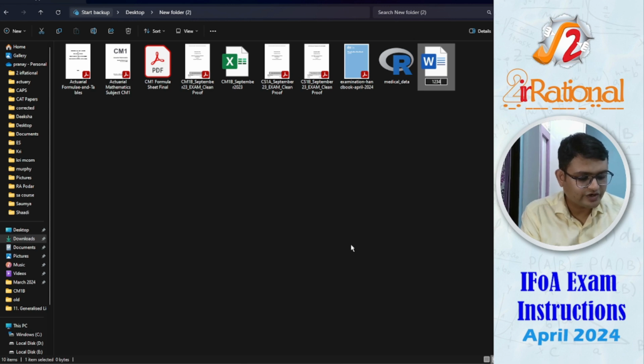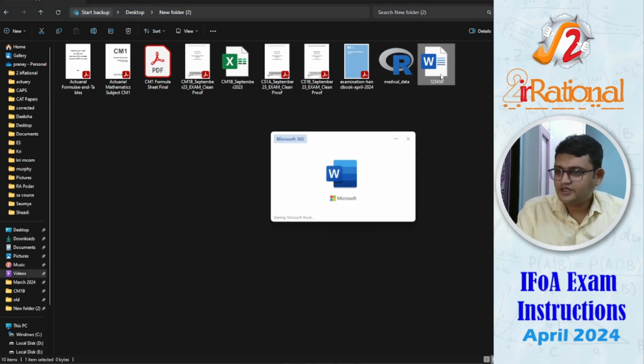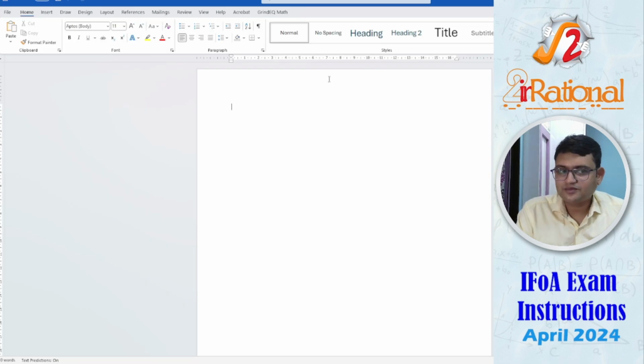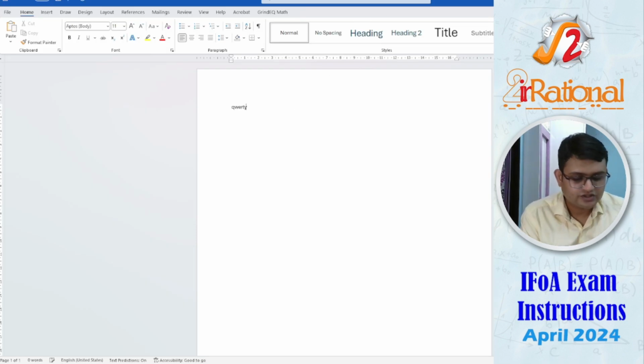I will just type 1 2 3 4 5 6, and then open it and type something inside. Don't leave it blank. So I will just type this QWERTY or whatever you want. If you want, you can type multiple lines. This will be very helpful later on. Save it